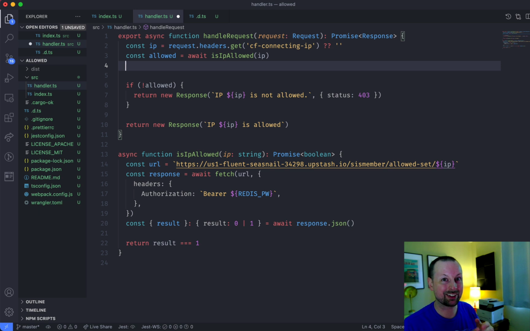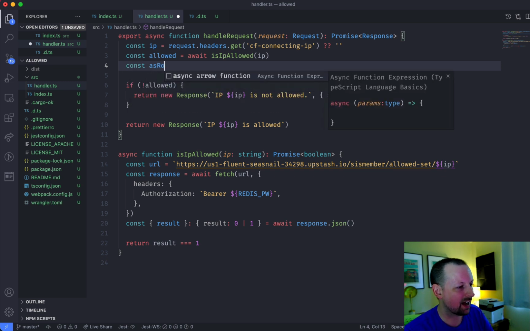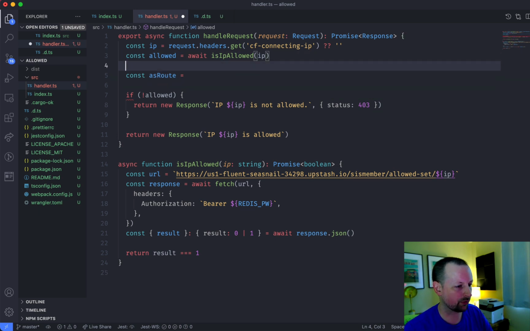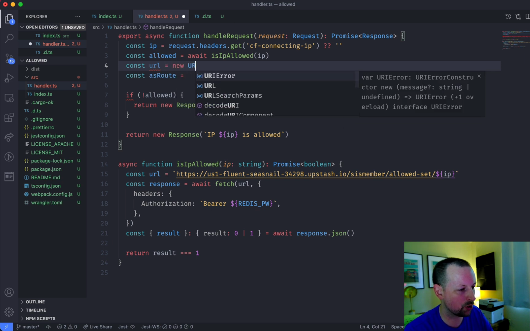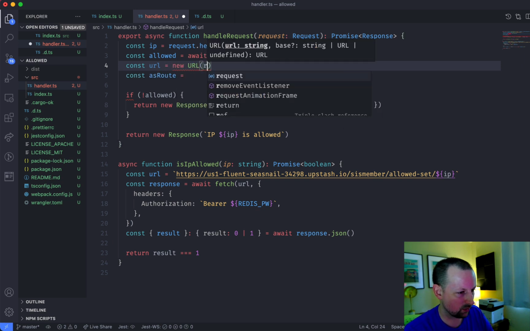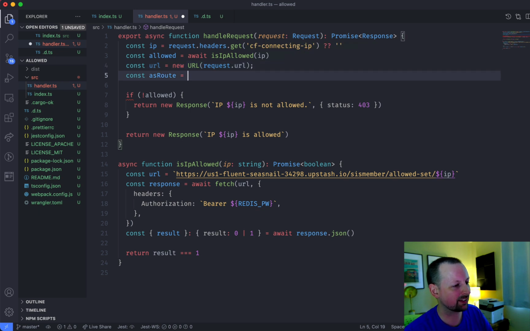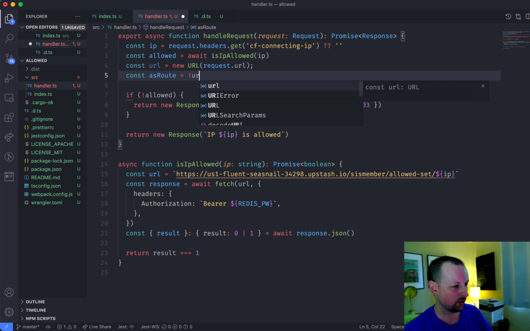And what we're going to be doing is attaching it as a route to a subdomain that I have, workers.leeholiday.com. So we're going to check asRoute, and the way we're going to do this is first look at the URL where the request is going to. So the way we get that is we can just say new URL is request.url, and then we can say if it does not, url.host.endsWith